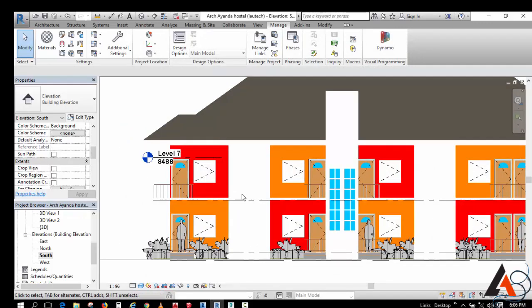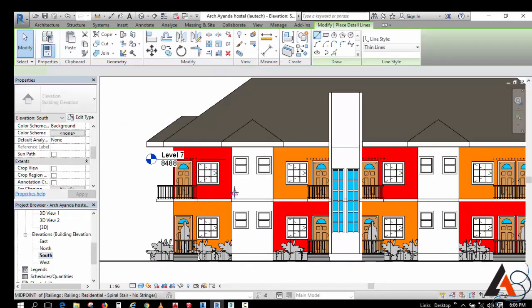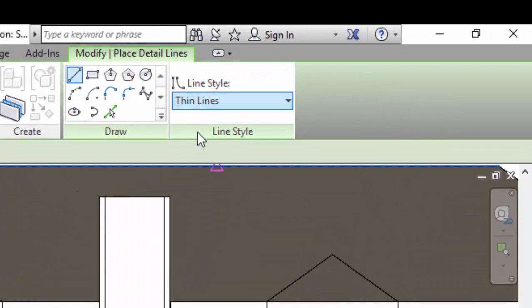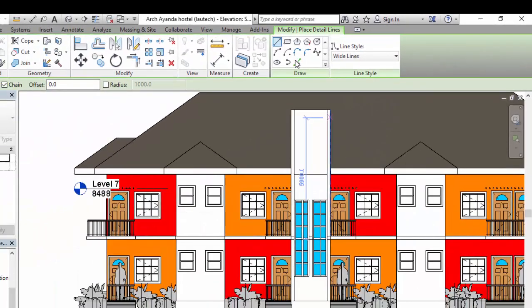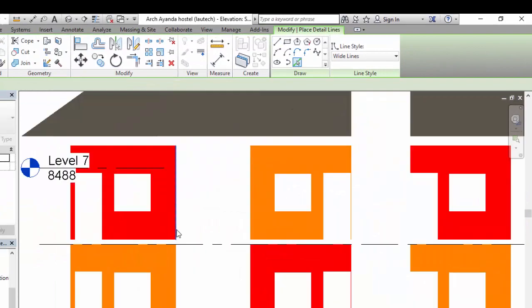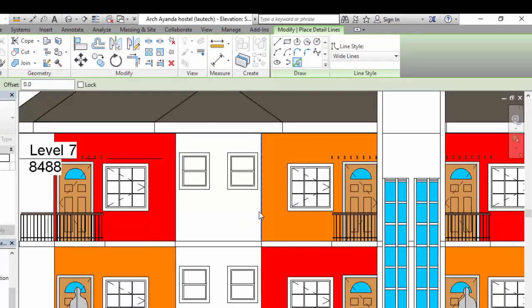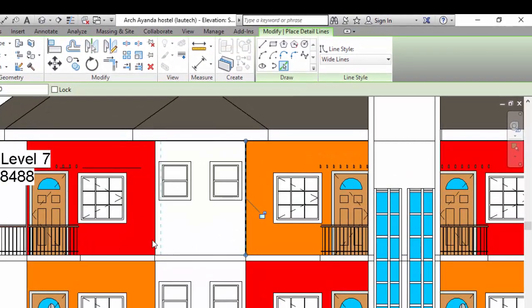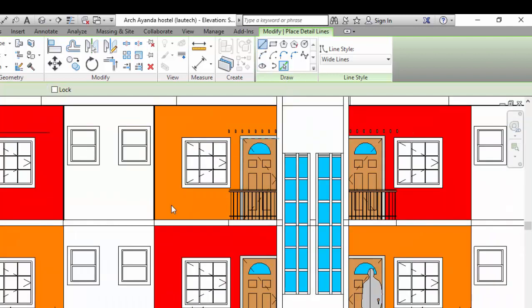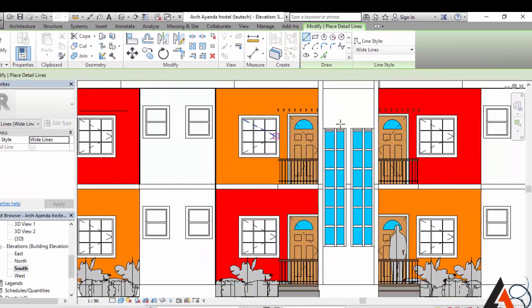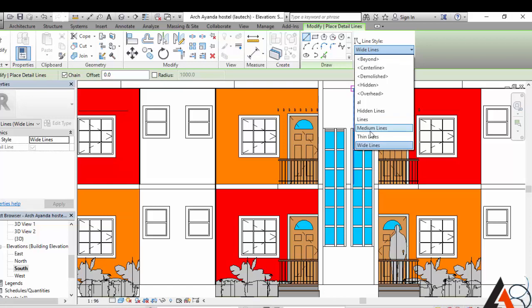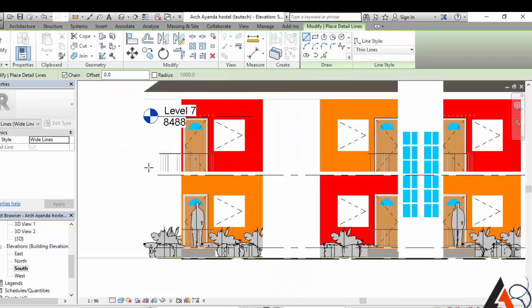So I use detail line, which is DL. Then I come here and click on wide line. Then the one that I know is closer, maybe this one. So I'll just be giving it one by one. The ones that I know are closer, maybe this one. So that's how you repeat it. You can draw it yourself. If I know maybe this one is far,